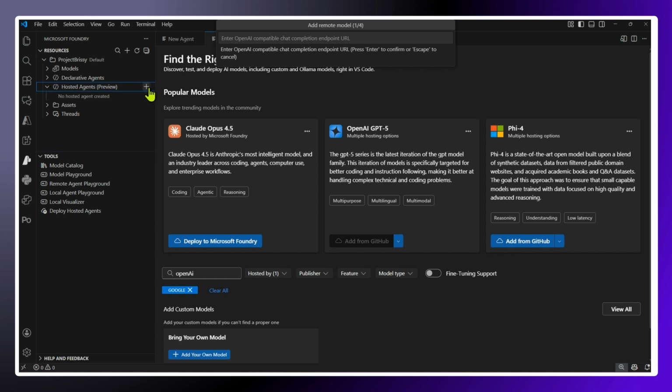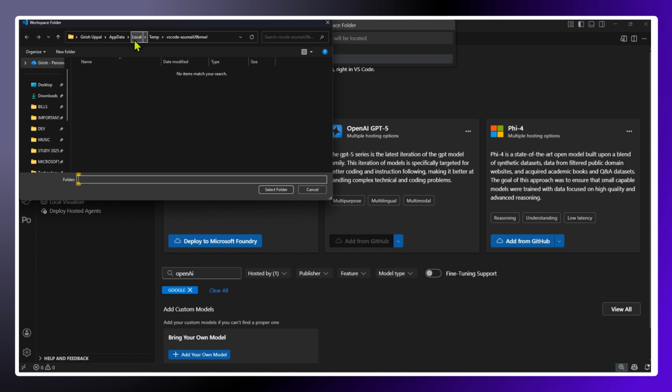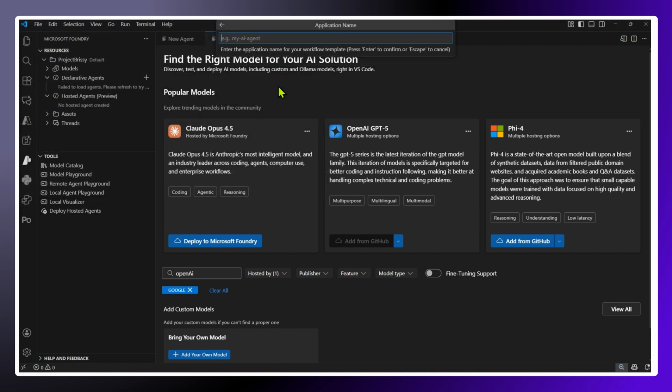Now remember, I told you about hosted agents. So we have seen the declarative agent. So let's go ahead and click on new hosted agent. Now if I click on new hosted agent, I have an option to select the programming language. So let me pick up C# for the moment and specify which folder I want to store into. So let me go into, say, maybe let's store it over here. So I'll just select this and I'll name as C#